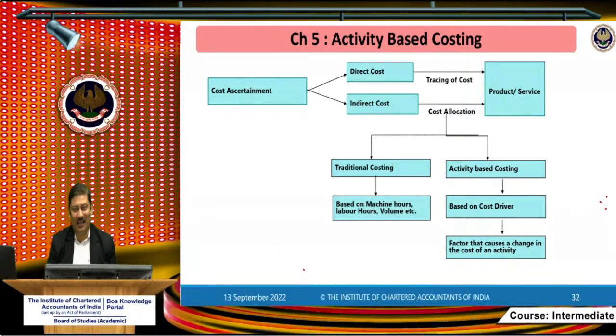Yes, ABC is time consuming. Calculation itself is time consuming. And assume that above that, if the language is typical, then what is going to happen? And mind you, you have only 3 hours in the examination. So the calculation is lengthy, plus the language is not that clear, or you need to understand it in a better way. Then you need to practice those kinds of questions again and again. Then only you will be able to answer those questions in the examination condition, in the examination hall.